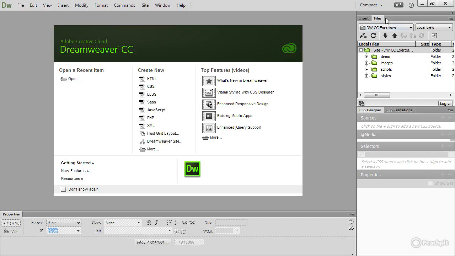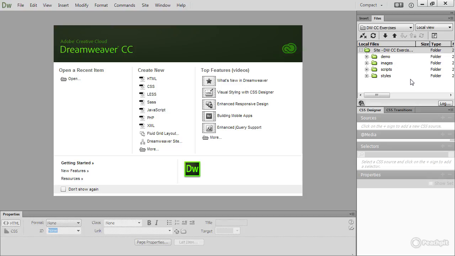And Dreamweaver opens the Files panel, and it now displays the folders and the files that I've got inside that Exercises folder. This Files panel plays a very important role in managing your site assets. If you want to move or rename files, always do so in this panel, and Dreamweaver will automatically update the file paths and names in related files. It'll also warn you if deleting a file will result in broken links. Now, if you make changes outside of Dreamweaver, no updates will be made, so that's why the Files panel is